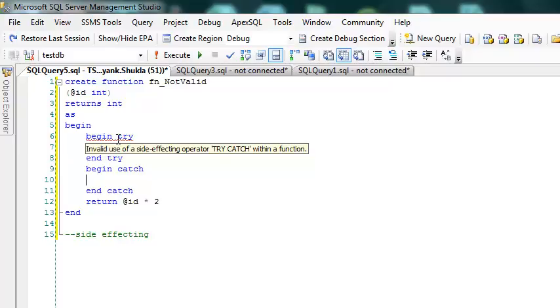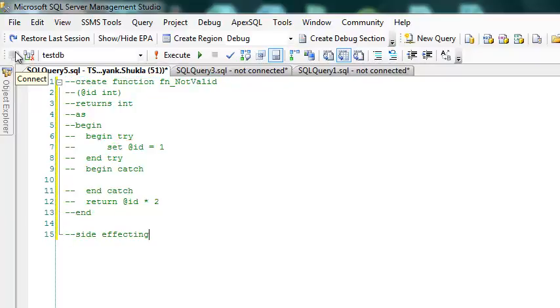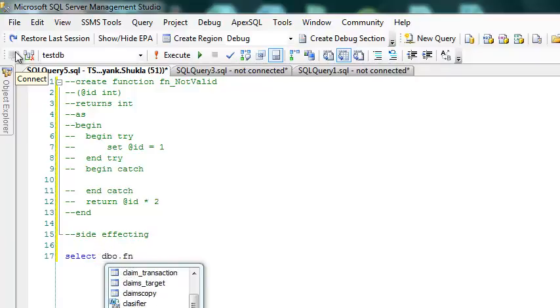Why? Because if we use anything that causes some external scope to be changed due to a function, let me put it this way, a function was designed in such a way that it will not affect anything outside its scope, right? Let me show you. I have created a function, test.